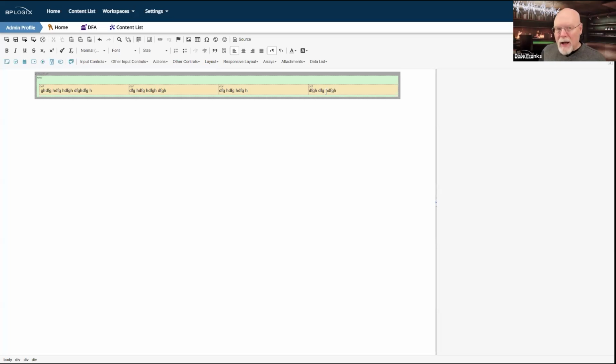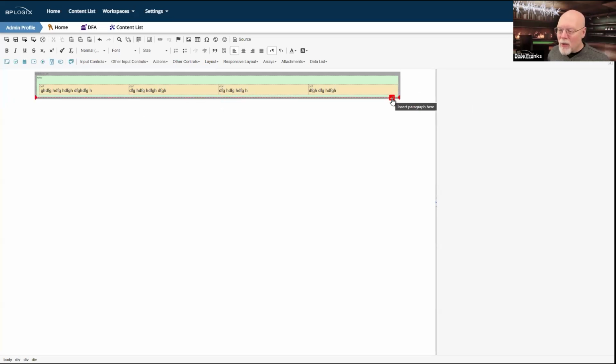Now I need to put in another row, and I'm going to put in some form controls. For that, I need to use 2 different responsive layout controls. Row and column, great for text, not great for forms. So I want you to note that there are these insert paragraph here controls that pop up everywhere. And that's not where I wanted that control.